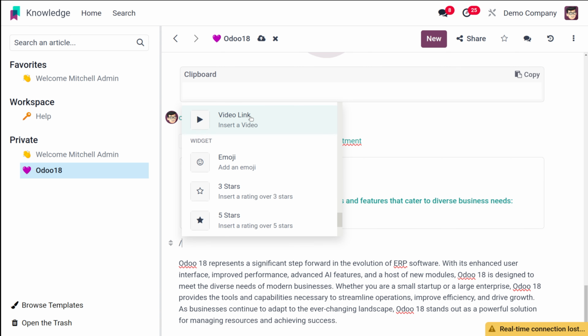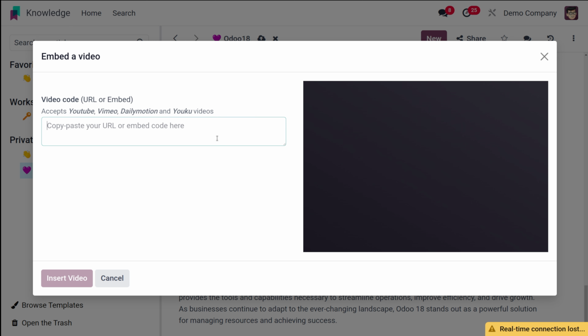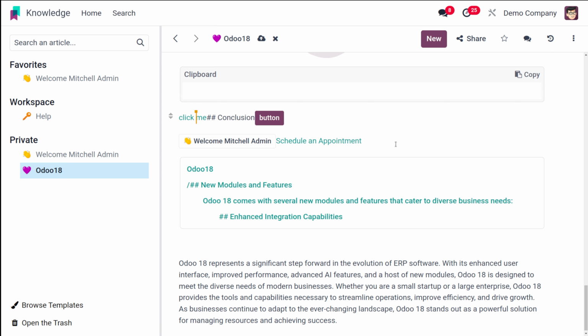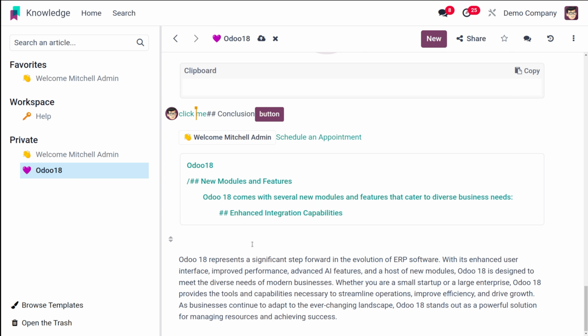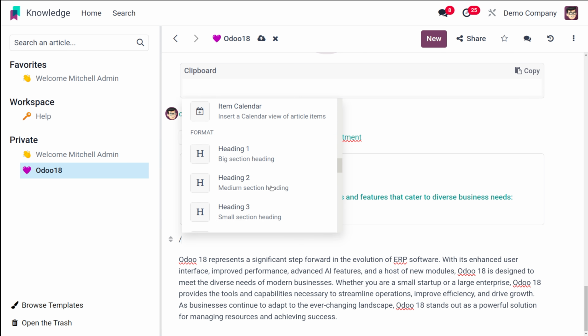And next you have the option to insert a video link. Okay, so you can actually copy and paste the URL of different videos. Okay, or you can embed the code here. So you can even copy paste your URL. So I don't have any URL right now. So whatever URL it is, whether it's a YouTube video, whatever it is, you can choose and click it over here. And then the video will come. So you can add it. So that's the final part of navigation, I guess.